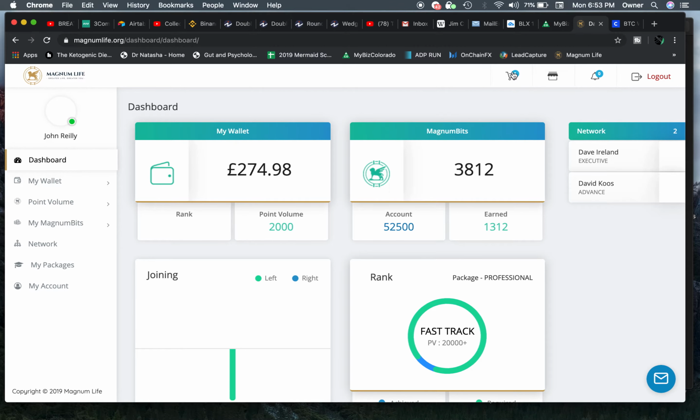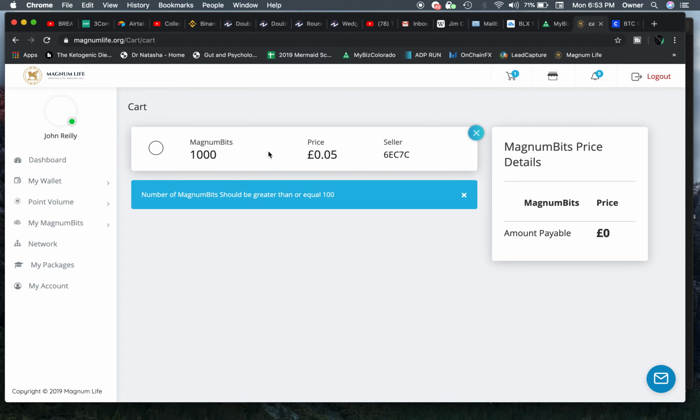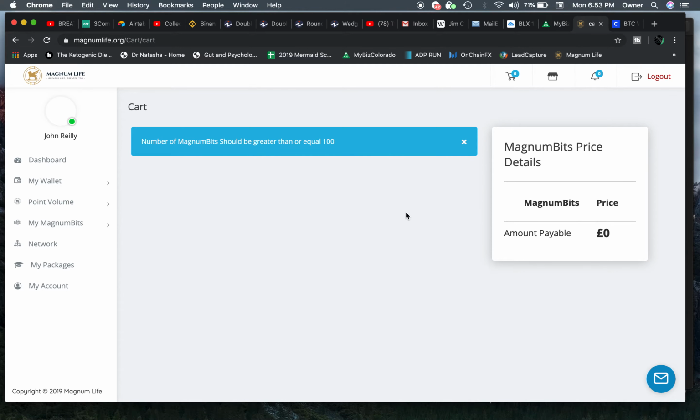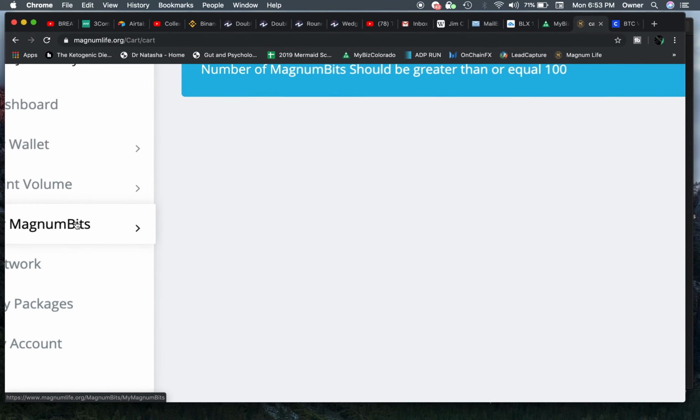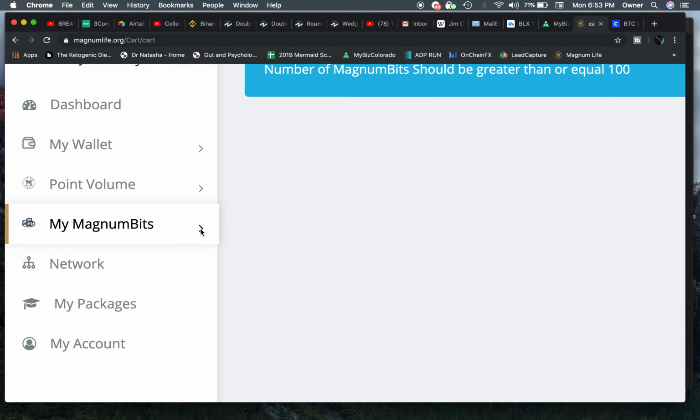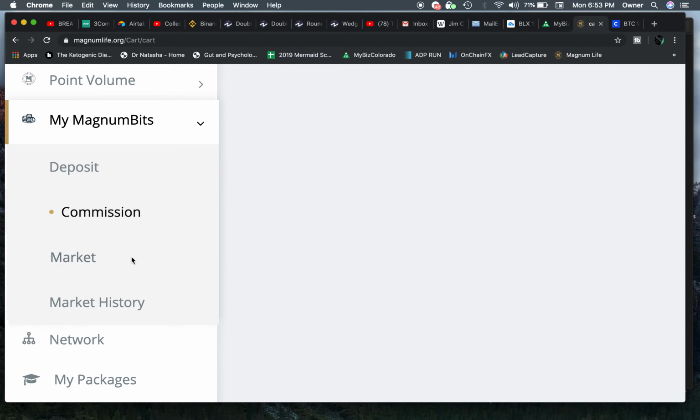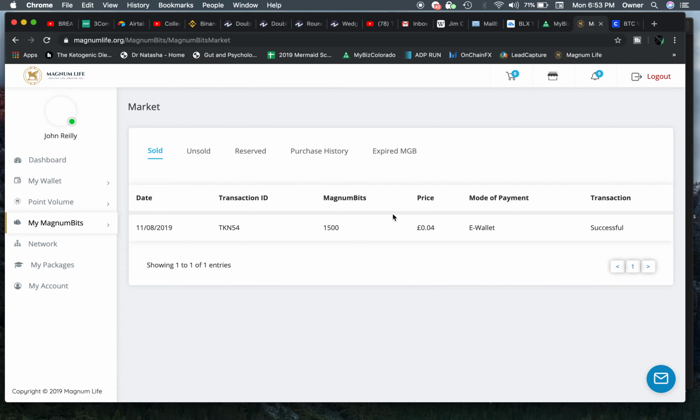So that's it. Let me go to the cart because obviously you can see the 1,000 is in here. So I can just delete that if I want. Now I have nothing in my cart. So let's go look at the order, and I'll show you guys how to do that real quick. If you go down to My Magnum Bits and click the drop down, go to Market History, Purchase History,